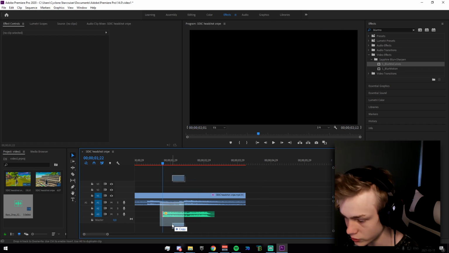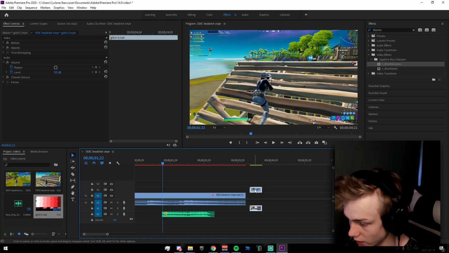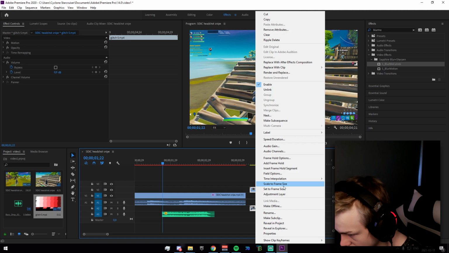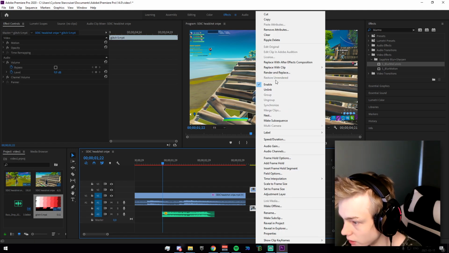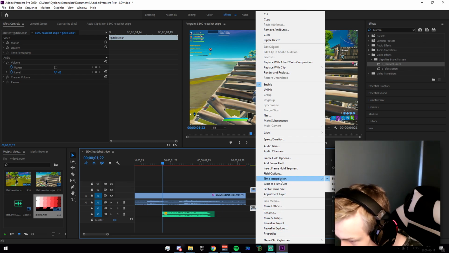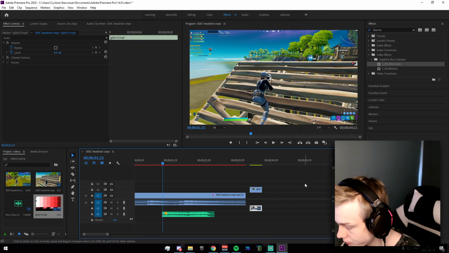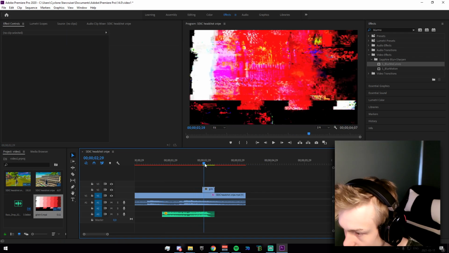Now, the last thing we need to do is just apply our glitch. So I have the glitch overlay in the description. Just go and download that. And we're going to want to right click. We're going to separate them. And I know there is a way to do that. We need to unlink right there. We unlink them and we delete the sound effect, and we drag the glitch over the actual